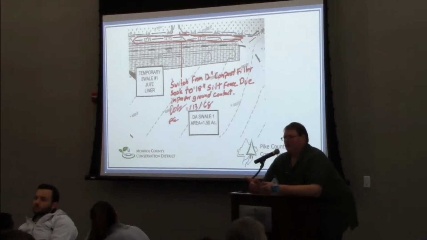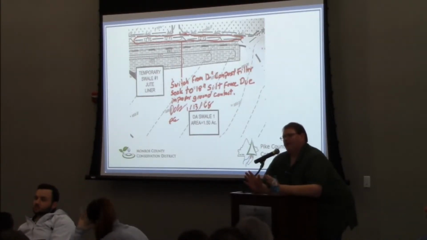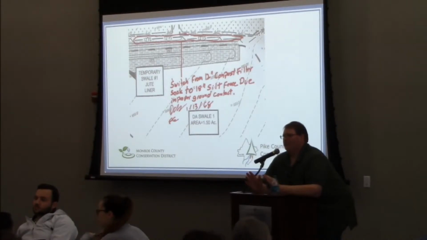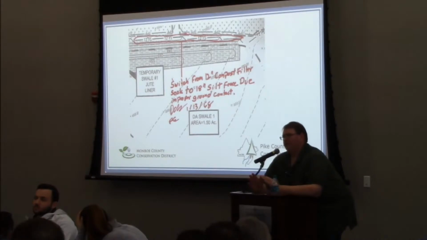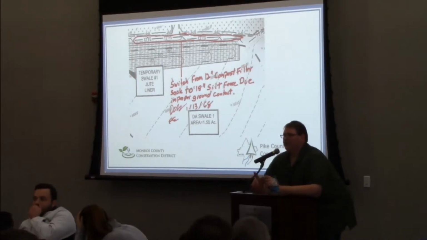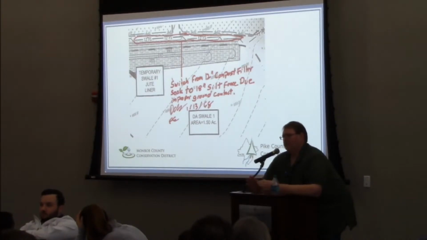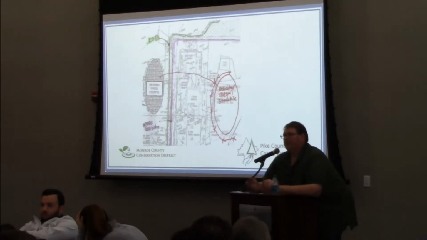You're on the right track. So the difference is anti-degradation. So if you're in a special protection watershed, compost filter is an AD-backed BMP. Silt fence is not. So switching up those BMPs in non-special protection, not a problem. Special protection, it may be a problem, it may not, depending on the length of the installation and so on and so forth. That was a good pick, Ann.